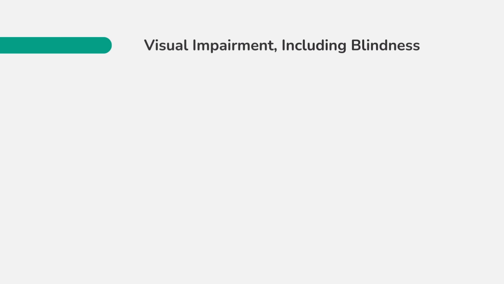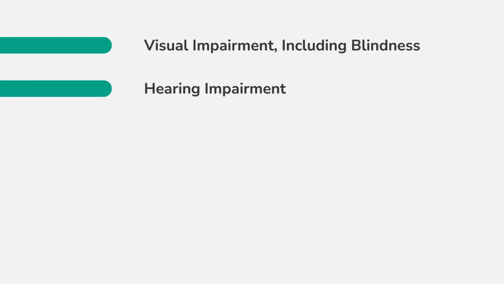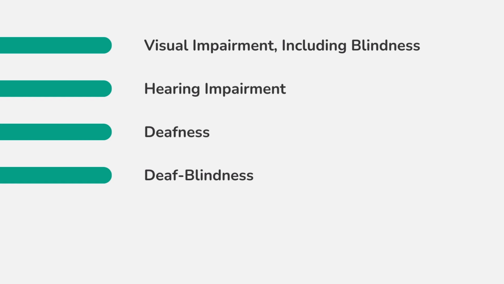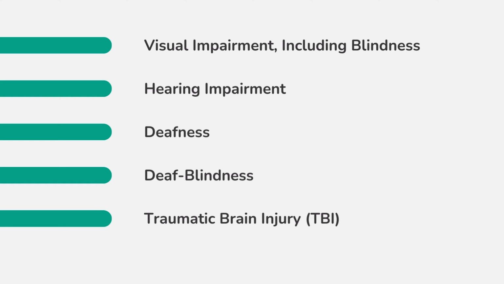Next is visual impairment, including blindness or eyesight difficulties that cannot be fully corrected with lenses. After that, hearing impairment or hearing loss that does not qualify as deafness. Of course, there is also deafness, meaning even with a hearing aid, these students cannot hear all or most sounds. Finally, there is a deaf blindness classification, which applies to students who have unique communication needs due to having both severe hearing and vision loss. And lastly, traumatic brain injury, or TBI, which is an injury to the brain caused by an accident or physical